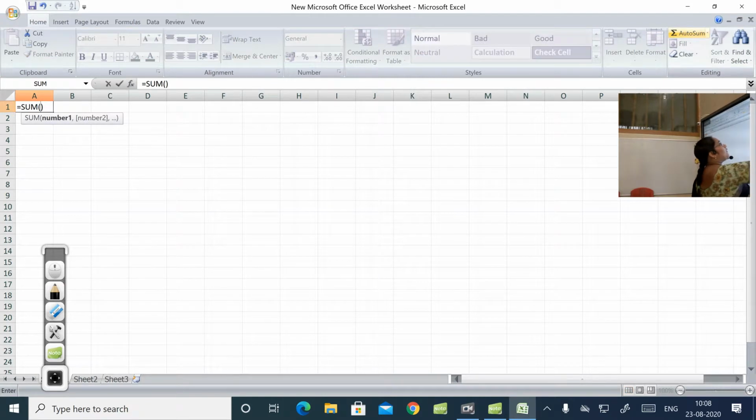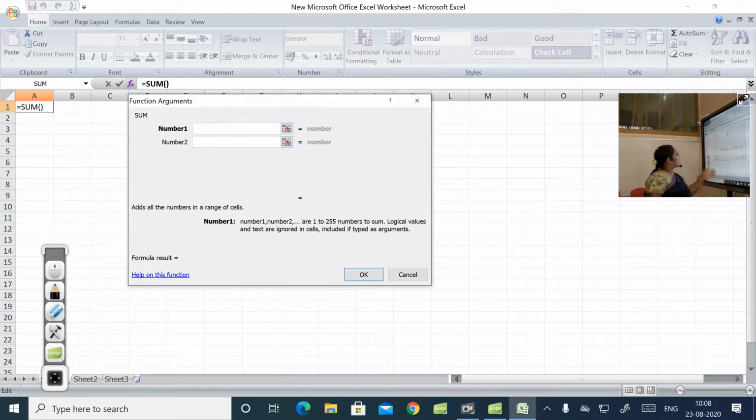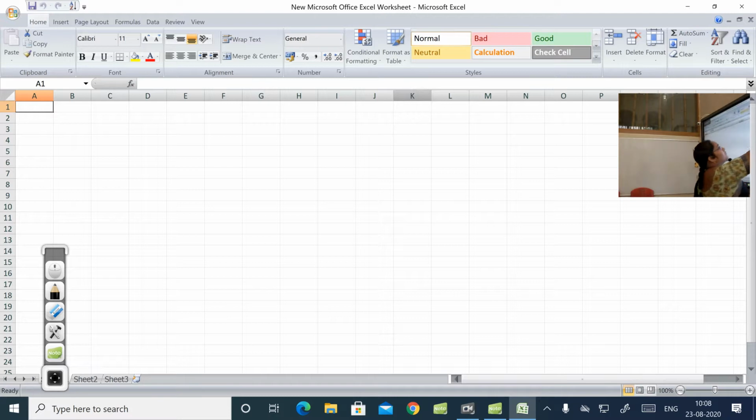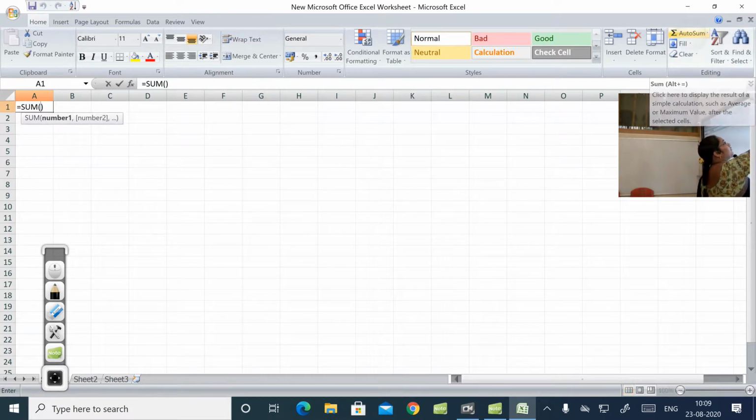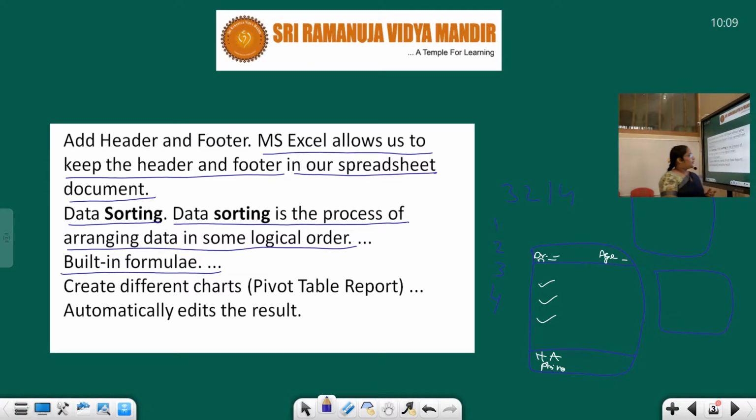So here you are having built-in formulas. So you are having sum, average, count numbers, maximum and minimum. These are the built-in formulas in an Excel worksheet. So we are going to learn that.